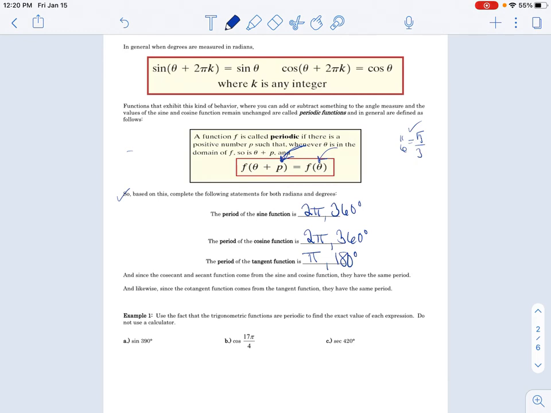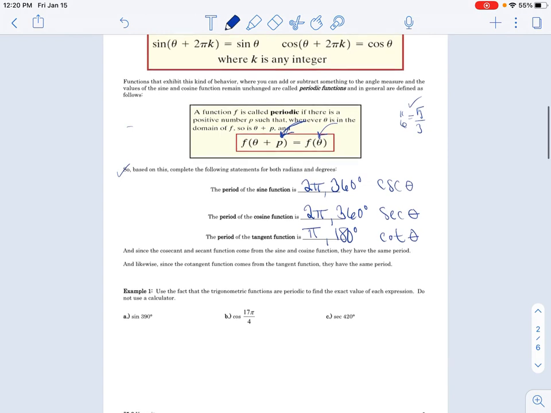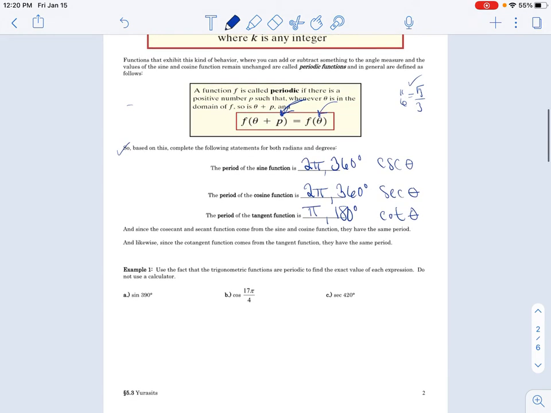This is some other functions. We don't use that often, but because the reciprocal of sine is cosecant, it gets the same period. Secant gets the same period as cosine, and cotangent gets the same period as tangent. But really, we just focus on those three. And so how we would use this to help us is